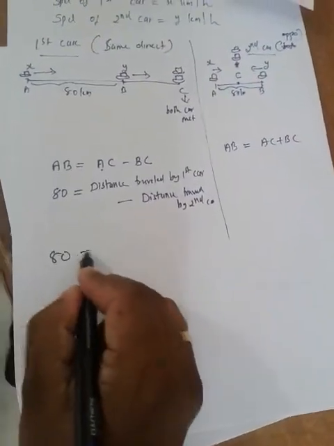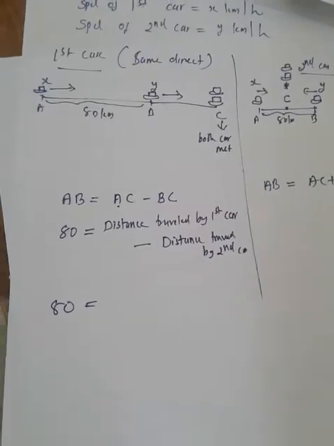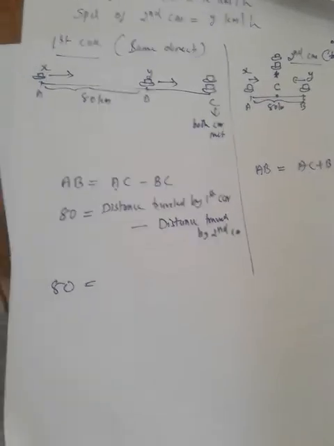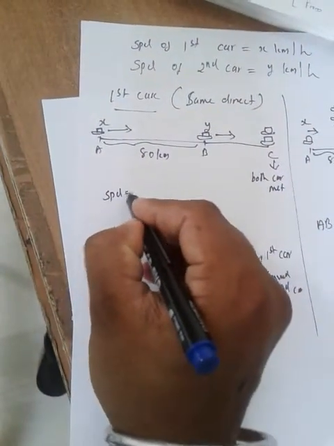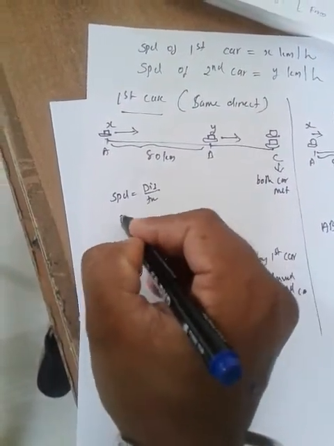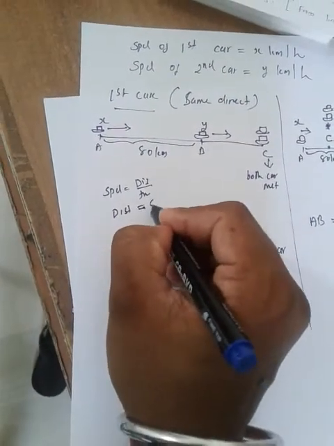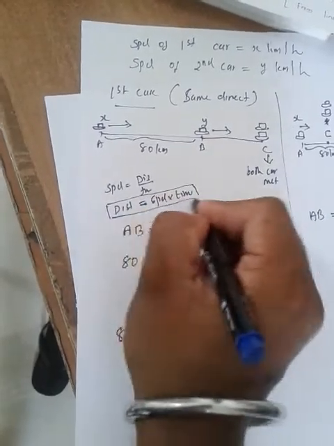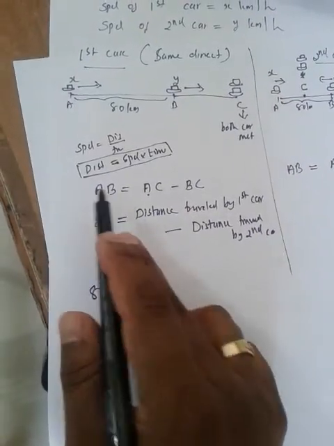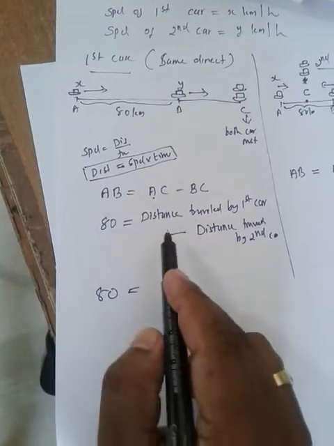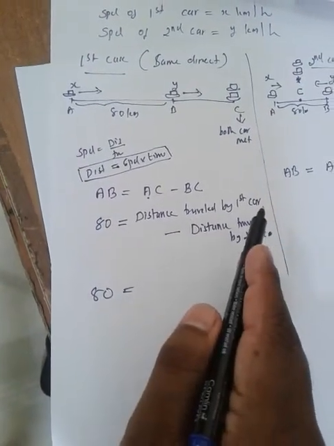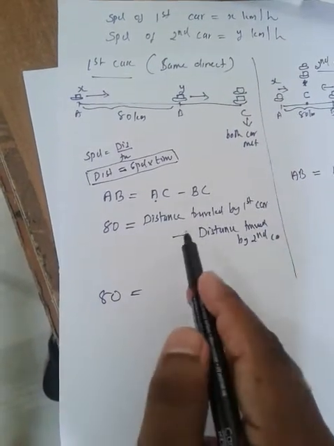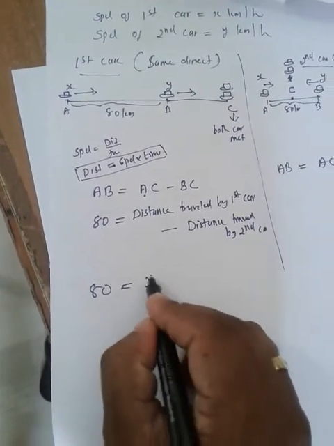So 80 is equal to, what is the equation for calculating distance? We know that speed is equal to distance by time. Then what is distance? Distance is equal to speed into time. So if I have to calculate the distance traveled by the first car, distance is equal to speed into time. What is the speed of the first car? X into,